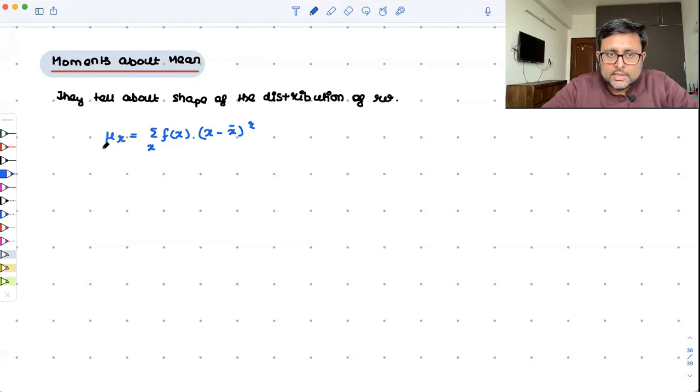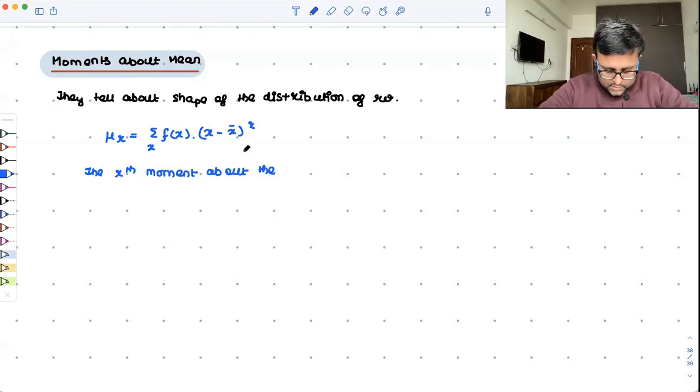And you call this the rth moment around the mean, where f(x) is the probability distribution, right? So let me just write that. The rth moment about the mean